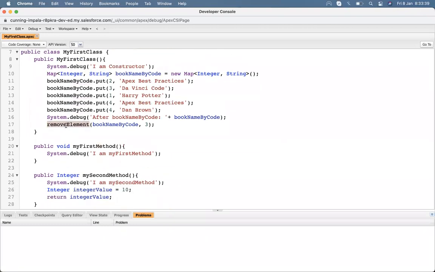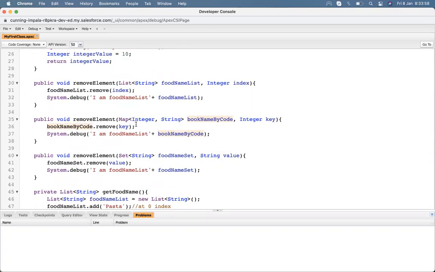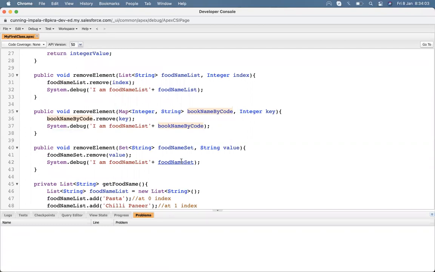Someone who reads your code sees it is self-explanatory: remove the element. We need to pass either a set, a list, or a map, and then pass either an index, a key, or a value. It will do its job.